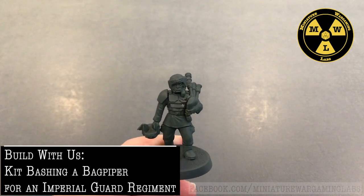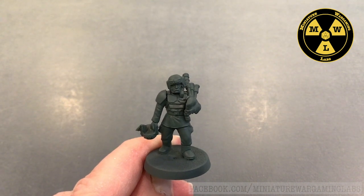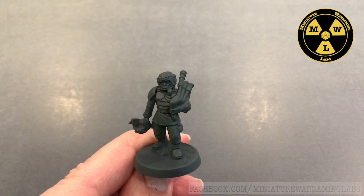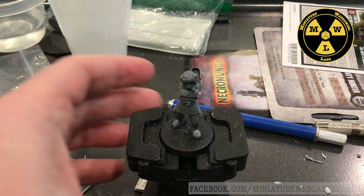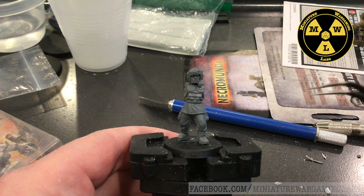Today we're going to cover how I made a bagpiper for my Imperial Guard Cadian Regiment using standard Games Workshop bits and the bagpipes created by Anvil Industry. Hope you enjoy. In starting my conversion of a bagpiper for my Cadian Imperial Guard Regiment, I've already selected my